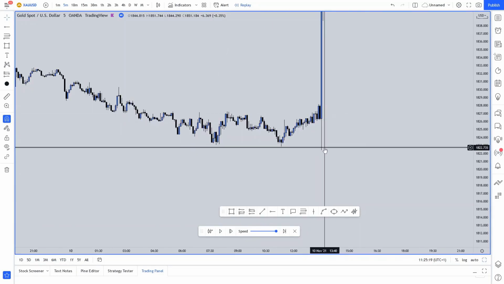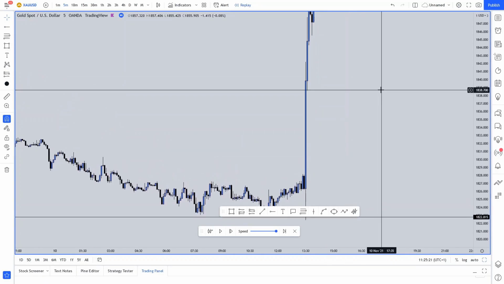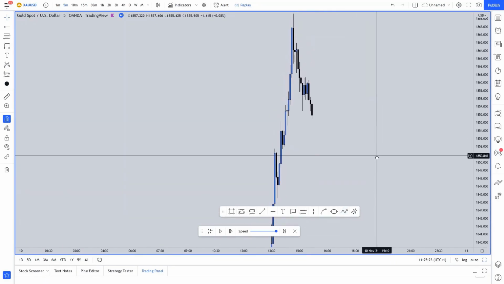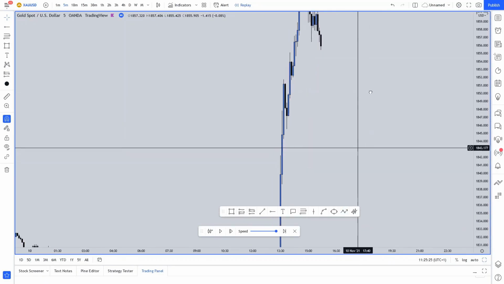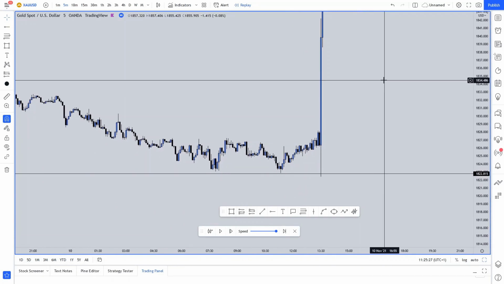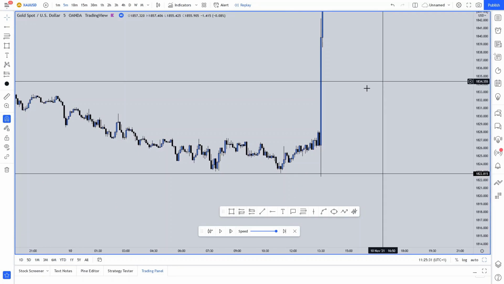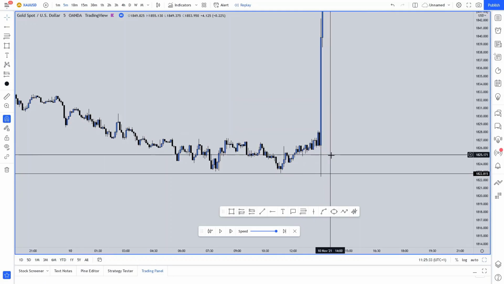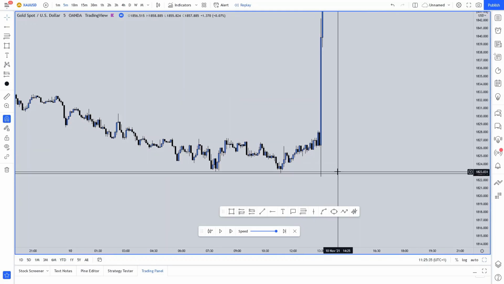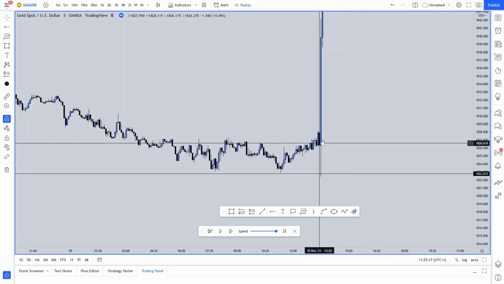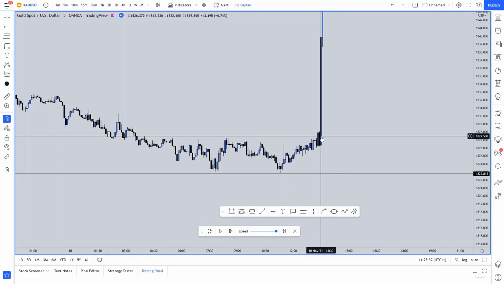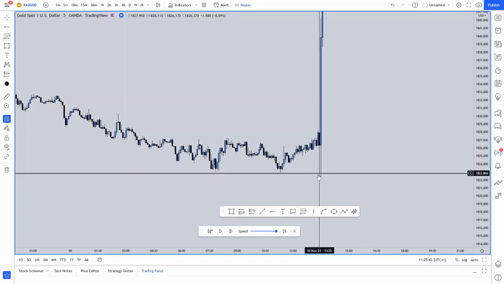Price dropped down, tapped into our lower time frame zone, and then went whoosh, and absolutely flew to the upside. I mean, that is hundreds and hundreds of pips right there. And you could have caught that. Now, in this one, it's more difficult because it's not price coming down in a few candles, coming down to the zone, rejecting, then bouncing off to the upside. In this example, it was in a matter of minutes, even seconds, price came down, tapped in, and then rejected